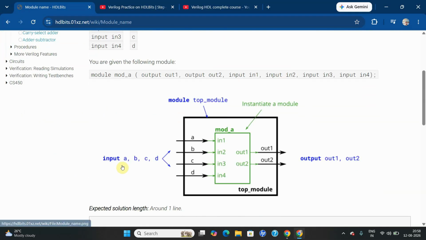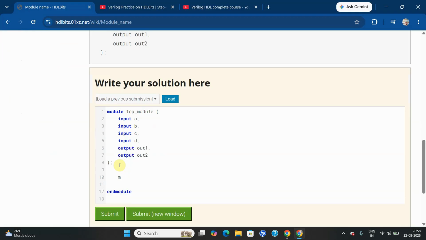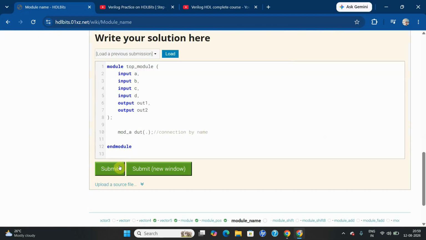That's it. So let's connect it. mod_A DUT, and I need to follow connection by name. Since I'm following connection by name, order is not important, but let's follow whatever they have asked for. So mod_A signals are out1, out2,